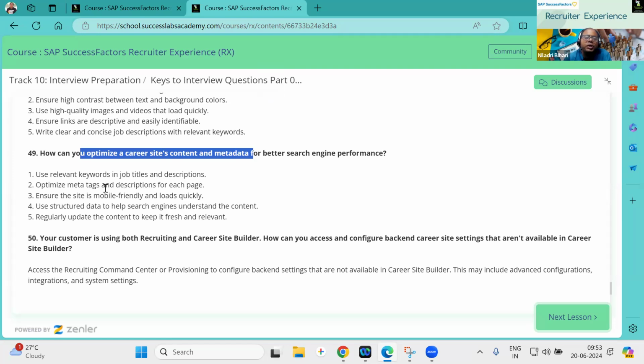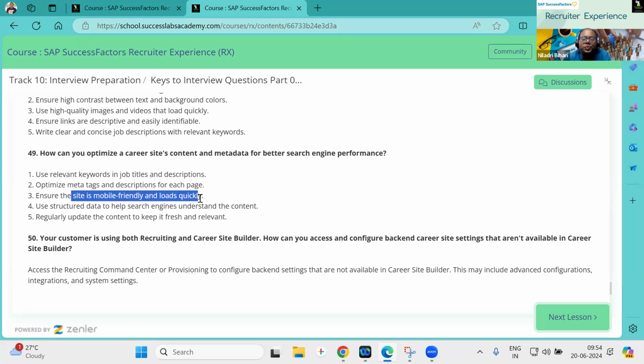Ensure you are using proper tagging and meta tags, and as part of the description you are mentioning. Also, today many people access the career site through mobile. It should not happen that it loads slowly or takes more time to apply in mobile applications. So ensure the site is mobile friendly and loads quickly. That is something you have to do.